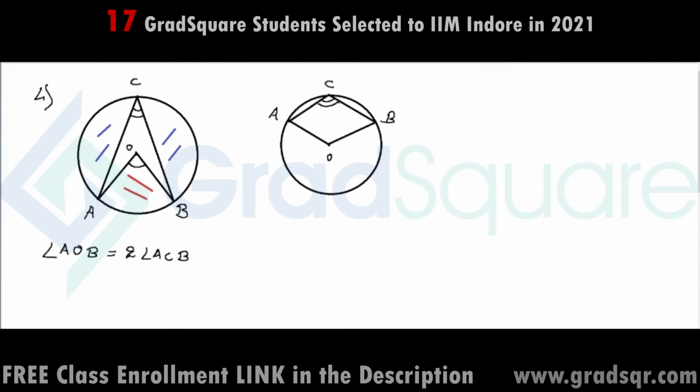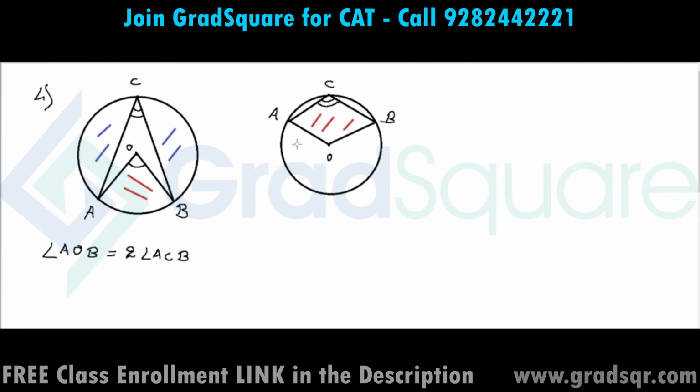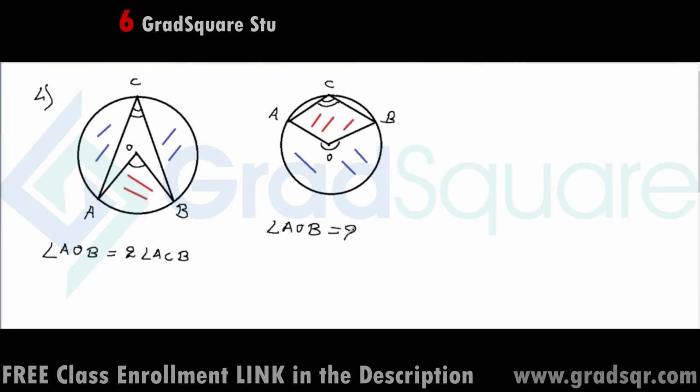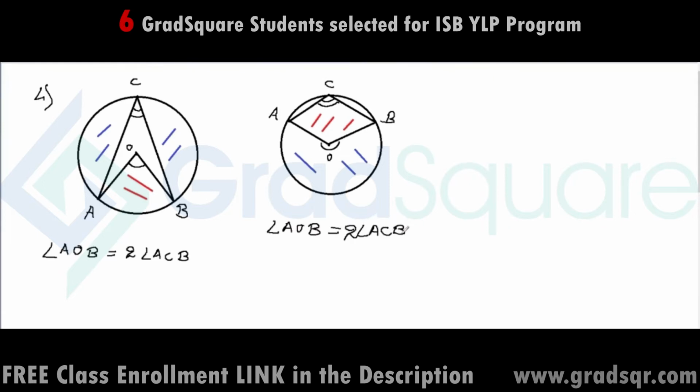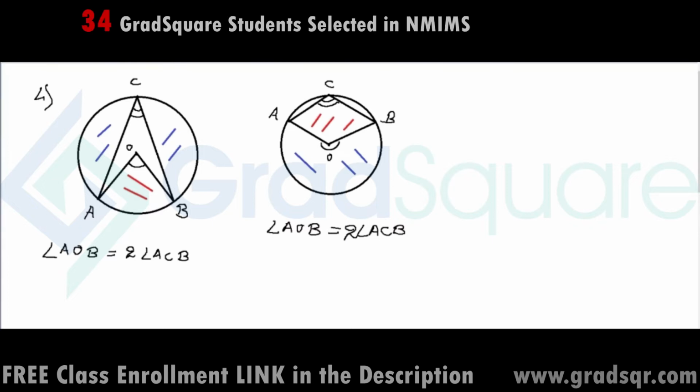Now this angle is present in this sector of the circle. So the angle at the center needs to be measured in the opposite sector. And that opposite sector is this sector. So this angle ACB will be half of this angle at the center. So the reflex of angle AOB is the one which will be twice of angle ACB in this figure. Always remember, angle at the center and circumference need to be measured on the opposite sectors or in different sectors of the circle.